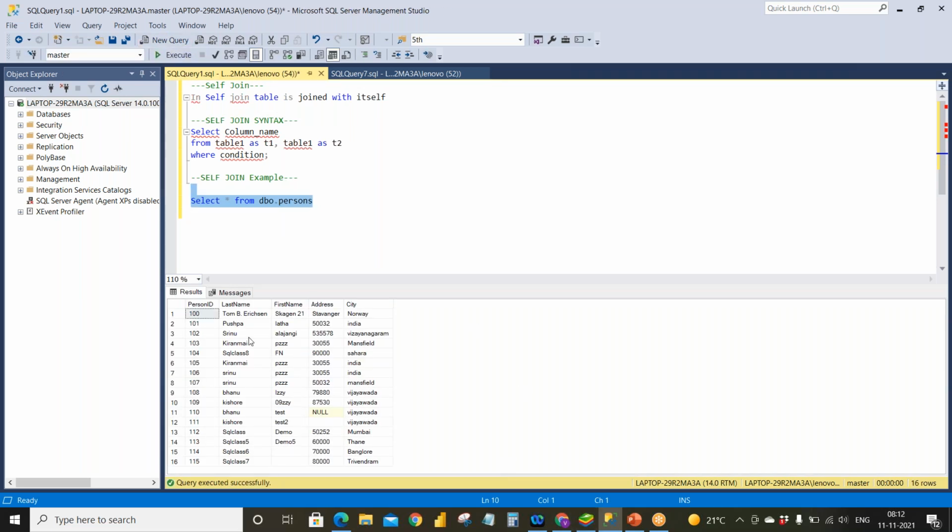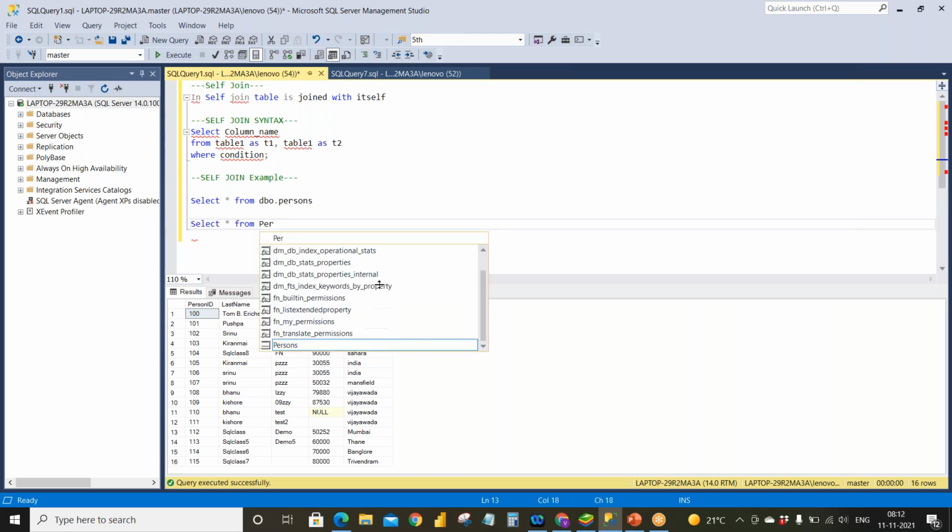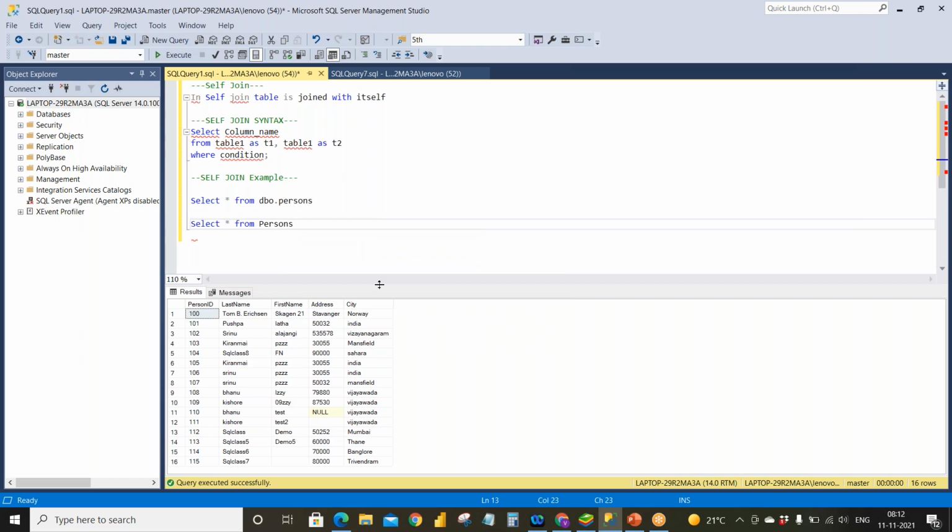Okay, so here I want to know the person IDs or person last names where they belong to the same city. So what I will do here: select, let it be star first, after that I can change, from persons. I'm giving some alias name to it.